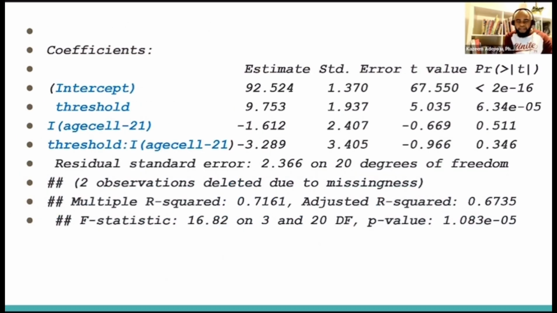In the end, we realize the threshold is 9.573, which we call the average treatment effect. So on reaching the age of 21, the mortality is